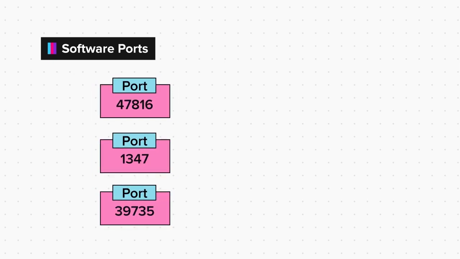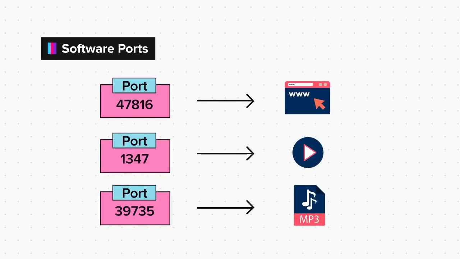Each software port takes us to a different application or service. So, there will be a port for handling requests for web pages, another port that deals with video files or with audio files, etc. So we can say that different applications or services listen to different ports or use different ports to collect different types of data. We will focus mainly on software ports in this training, so we will refer to them as ports for the rest of the training. Now let us see how ports are used.